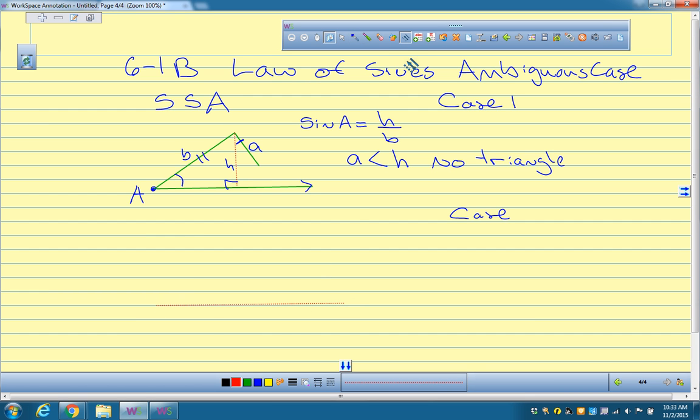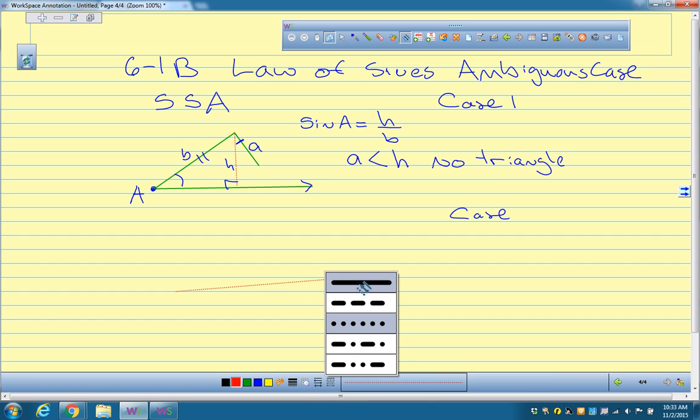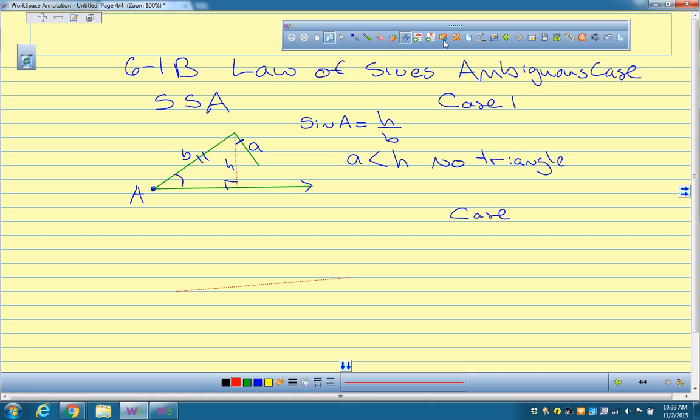I don't want a dotted line, I said solid line. So in case 2, if I go like this,